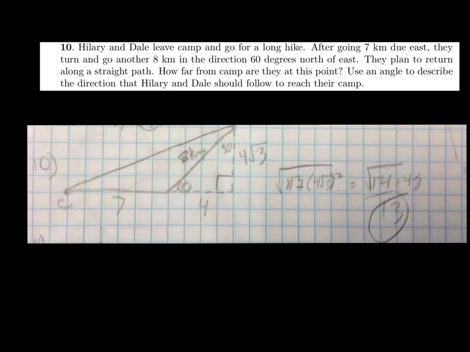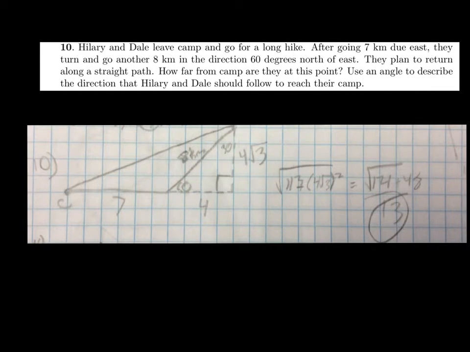So what you have to do is find the length of this hypotenuse right here, and to do that you have to create a right triangle. So you add on these two lines right here, and this point right here is 60. So you know that